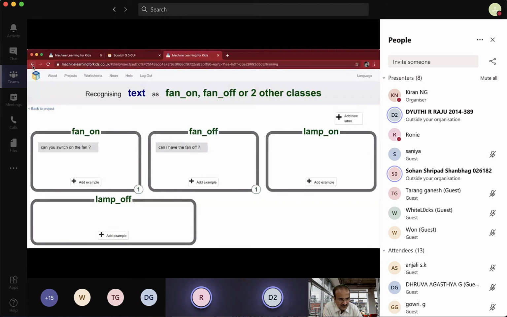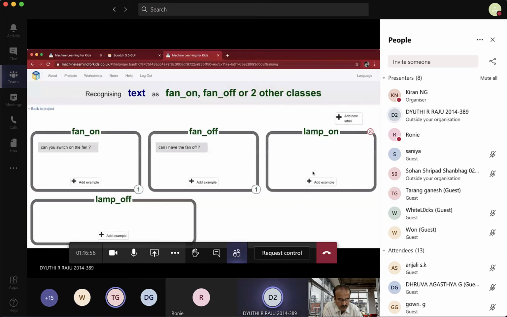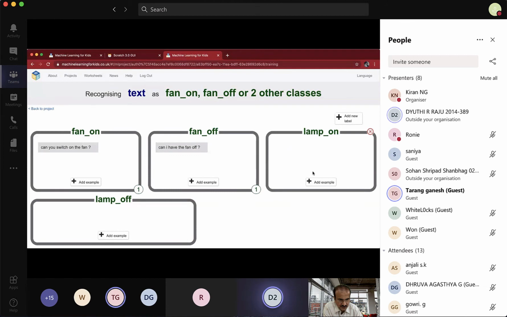Uncle, what are we doing? Wait, Sohan. Yes, uncle. Any other questions? People who saw the demo? Tarang, any more questions? No, sir. Tarang, did you understand what she has attempted? Yes, sir. Will you also do it? Yes, sir. I'll do it. Sir, the app name is machinelearningforkids.com. No, don't worry. I will send all the details.